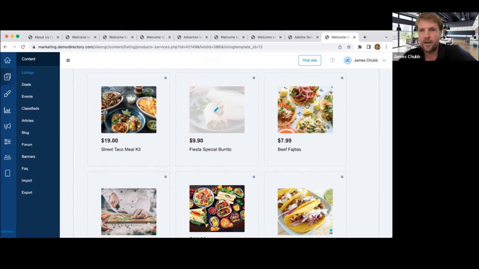Next question. If I wanted to change a listing template for active listings, will the data transfer to the new template? Yes. So you can change the template around and the data will sort of move over with that. You just have to be a little bit careful when you do that sort of thing. But yeah, you can work on them and change them, and the underlying fields and data will still be there